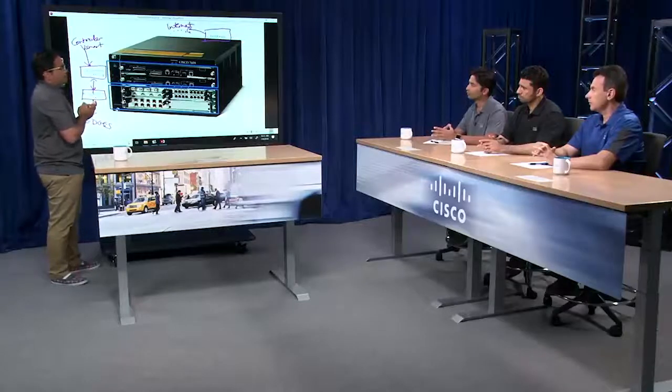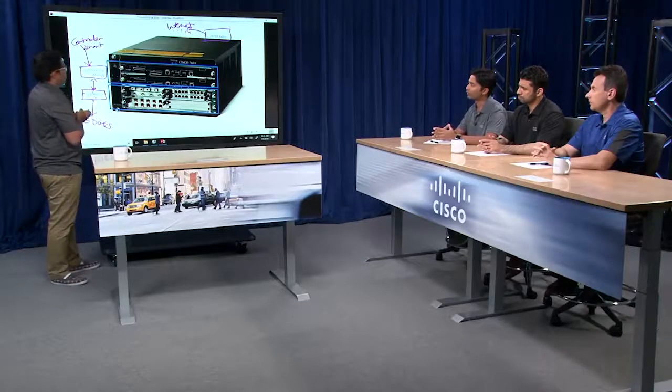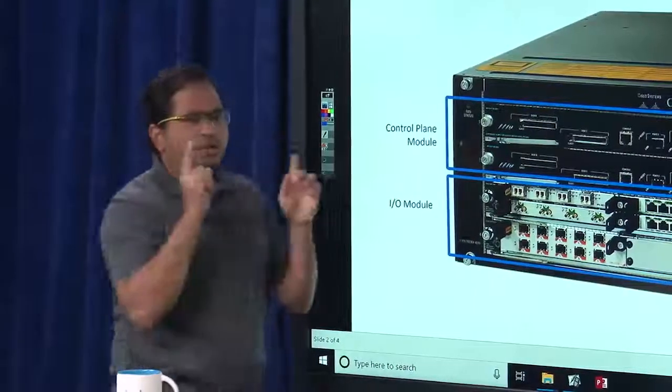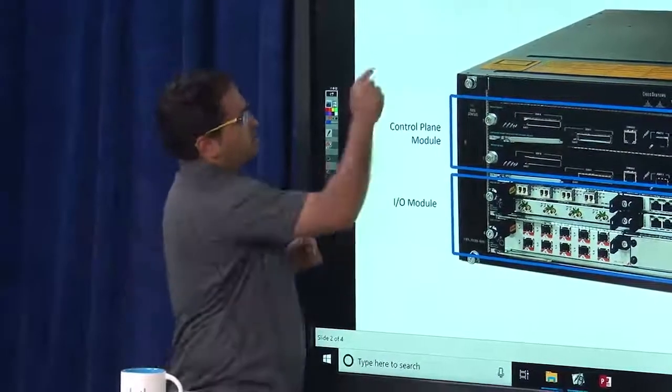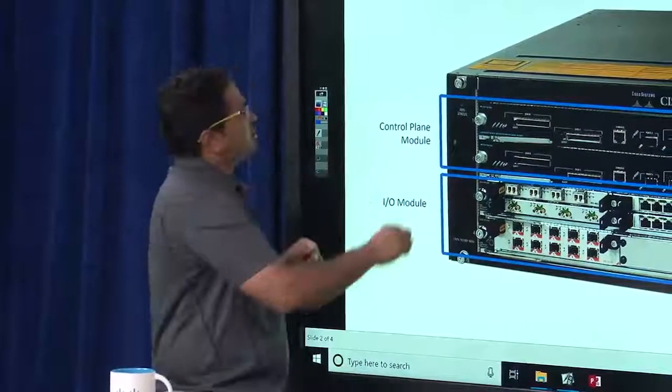So Vinay, can you highlight what are the critical advantages of having done this at an architecture level, of taking the I/O to the edge and taking the control plane module to a controller? Okay, that's a good question. So what are the advantages? Like I mentioned at the start,